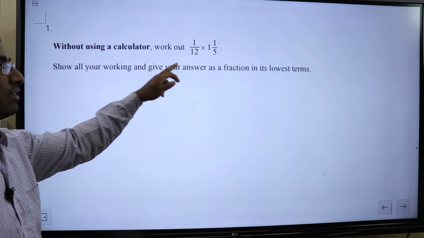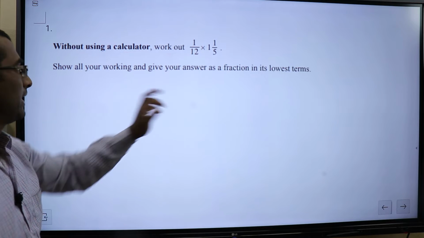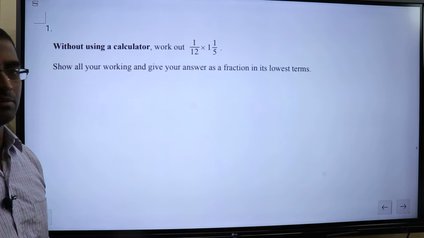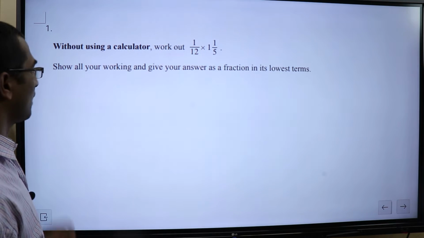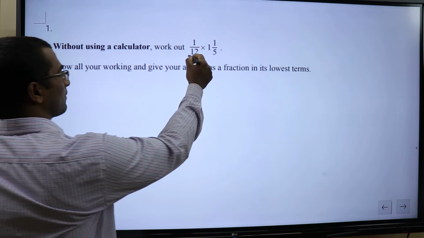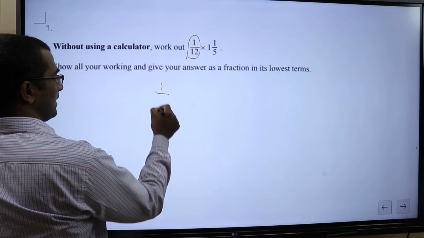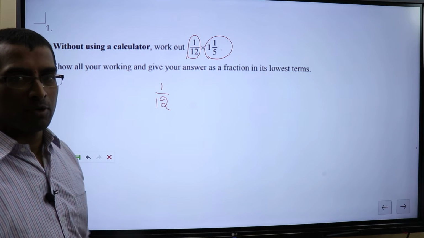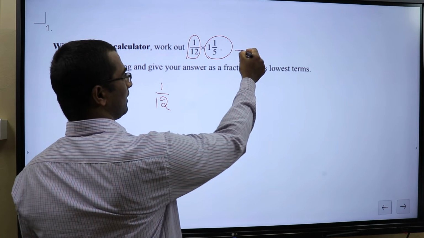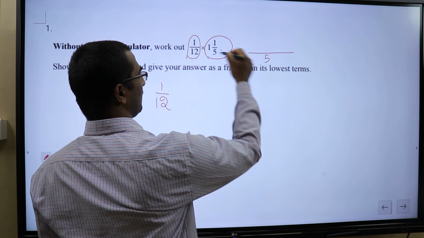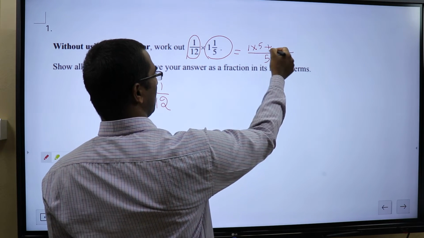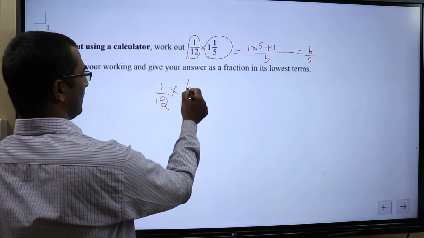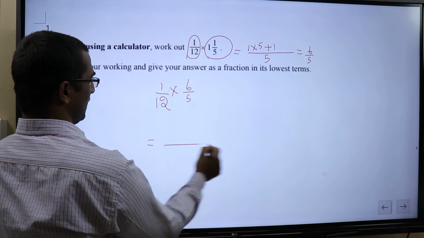Without using a calculator, work out 1/12 × 1 1/5. Show all your working and give your answer as a fraction in its lowest terms. How do we multiply fractions? 1/12 stays as it is. This 1 1/5 needs to be converted into an improper fraction. And how do we do that? 5 in the denominator, and here 1 × 5 + 1, that is equal to 6/5. So write here × 6/5. So that is